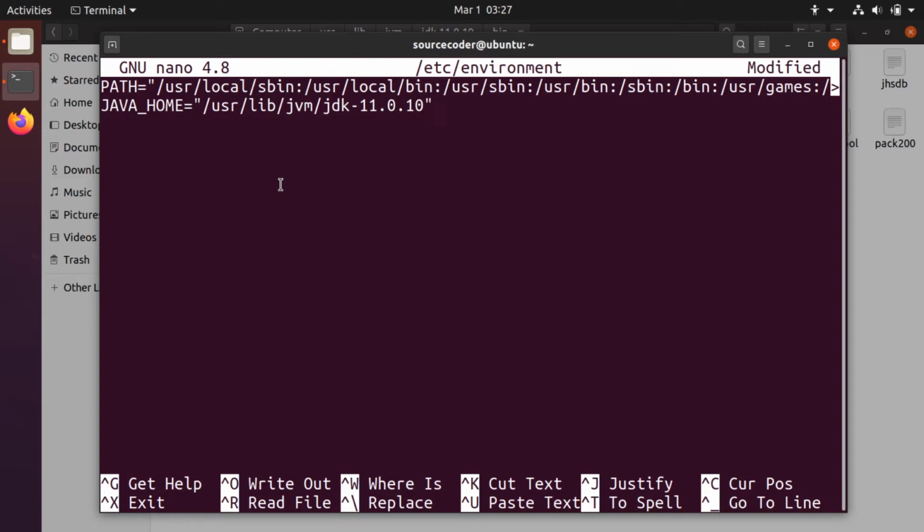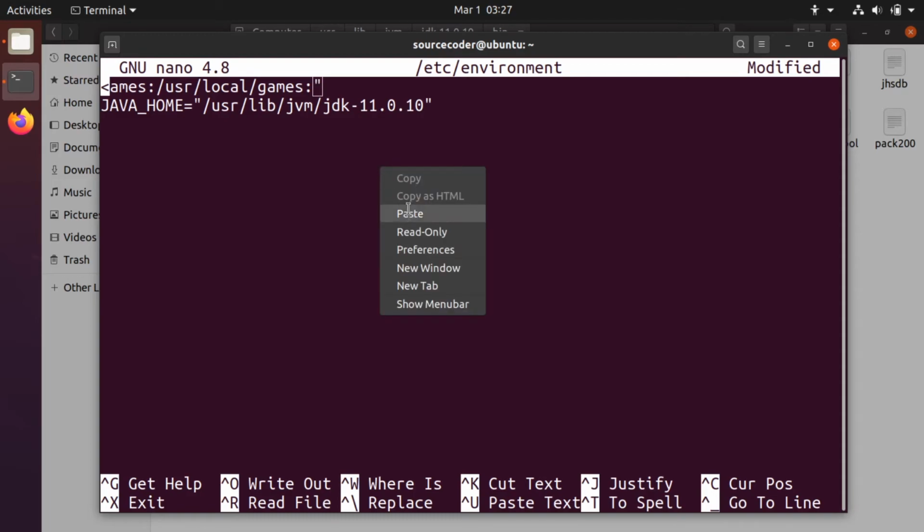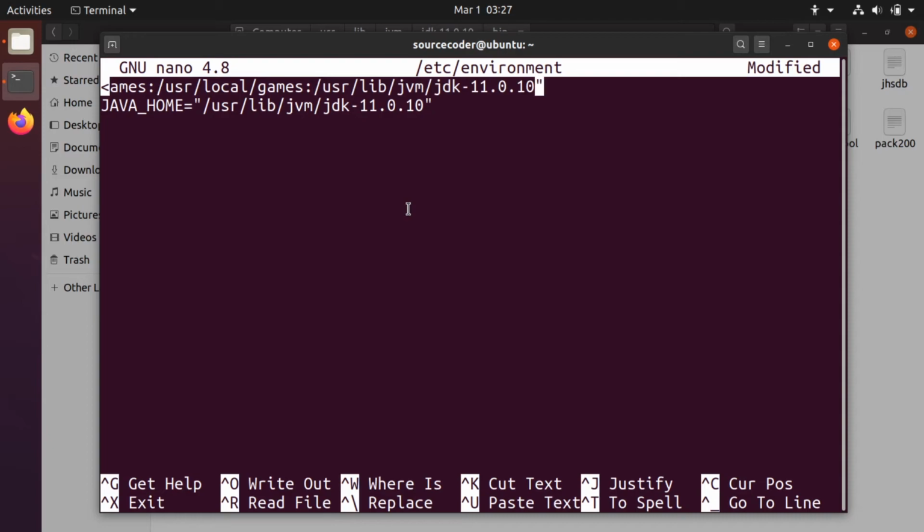We also have to edit this path variable. Just go to the end and here put a colon mark and paste the path that we have copied and add /bin and just save it.